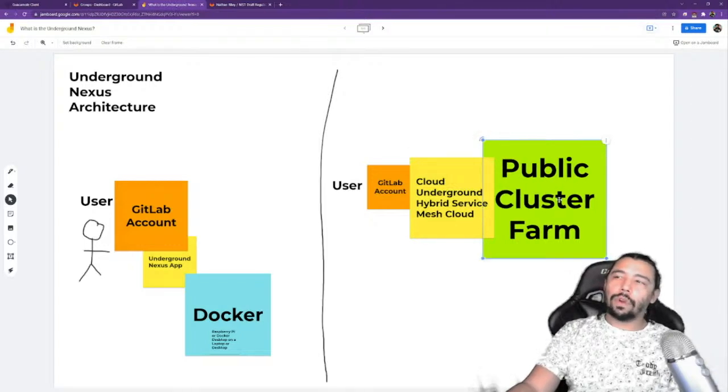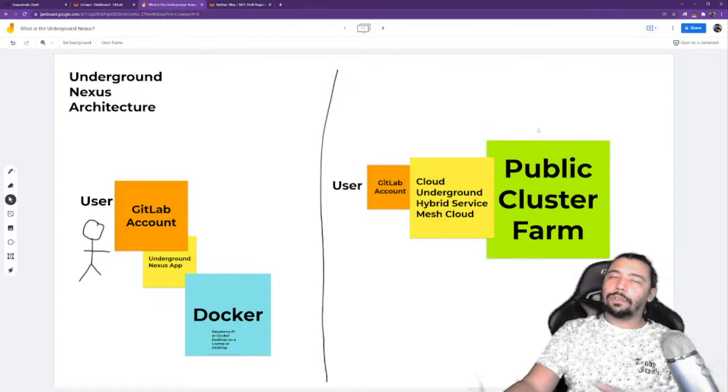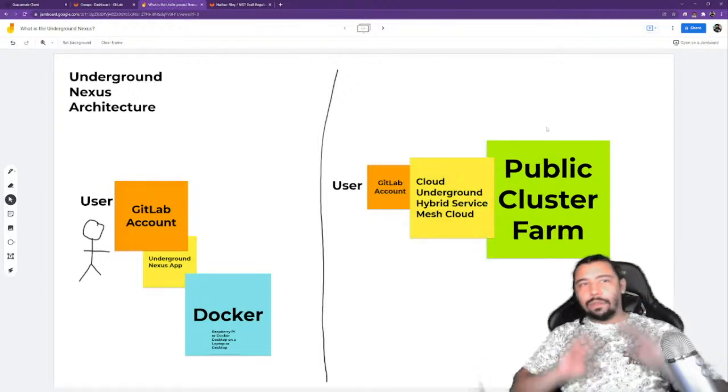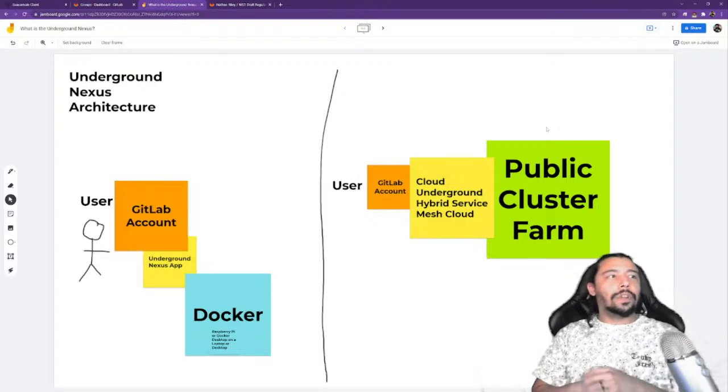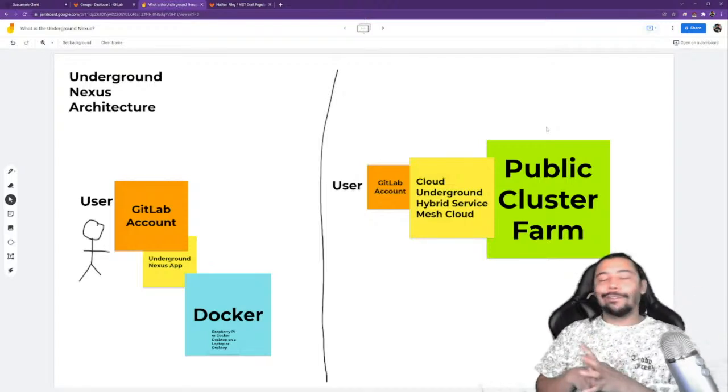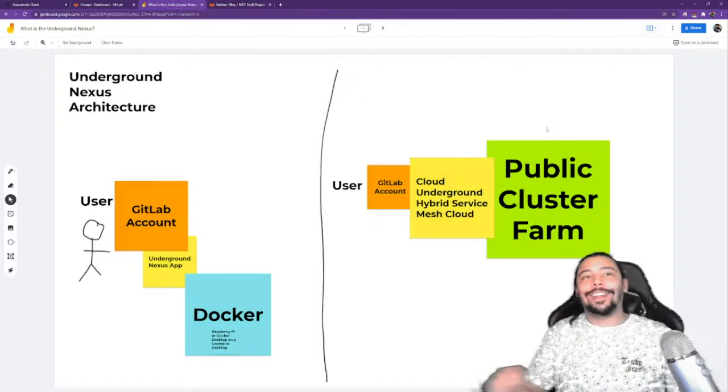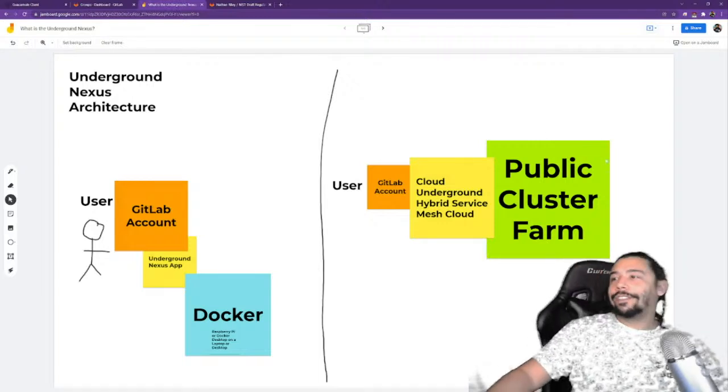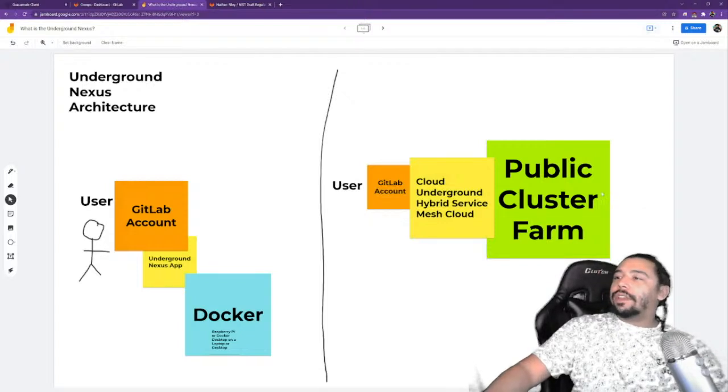And then the resources that we manage here, if you're in the DevSecOps Dojo for now, once again, it's closed beta. We'll get things more open source as we're going, but things take time and it costs a whole lot of money, so we can't just start giving all these things away for free because we gotta afford them in the first place. So anyways, we have a public cluster farm.